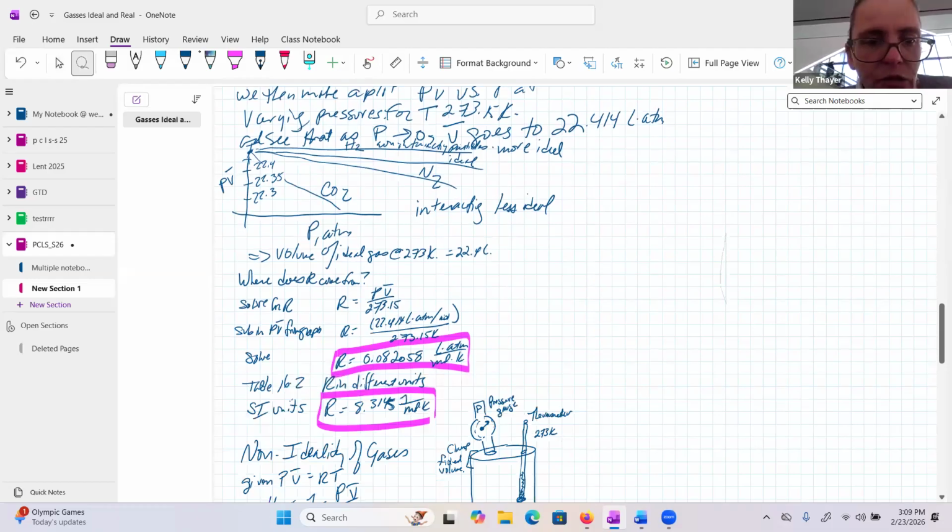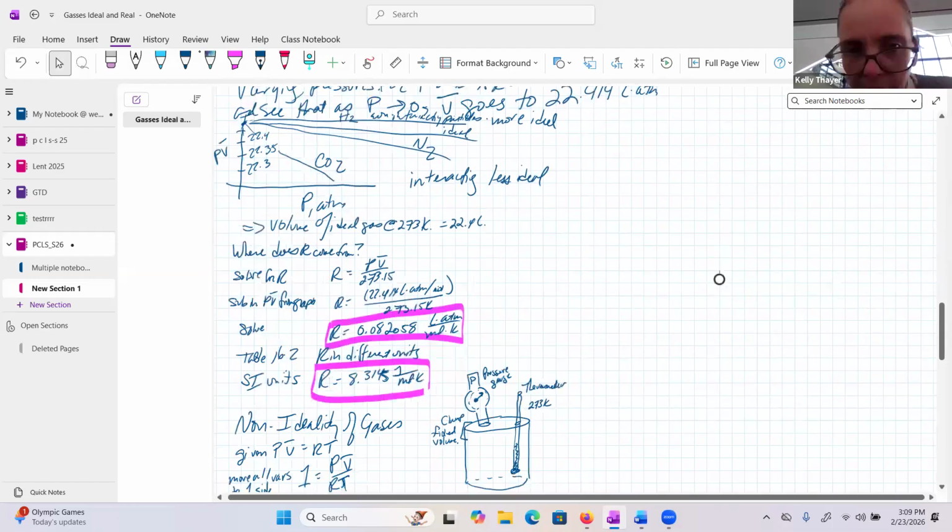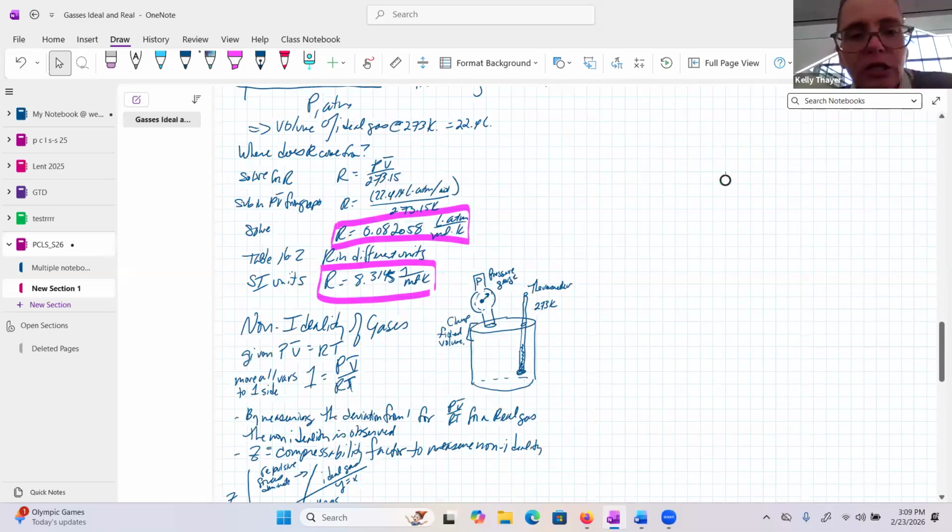The other thing we took a look at is how do we get R, right? The ideal gas constant, which we have just simply written out, or it's a lookup value. But now you can understand where that actually comes from, and it can be derived from the principles of the ideal gas law to understand what that is.